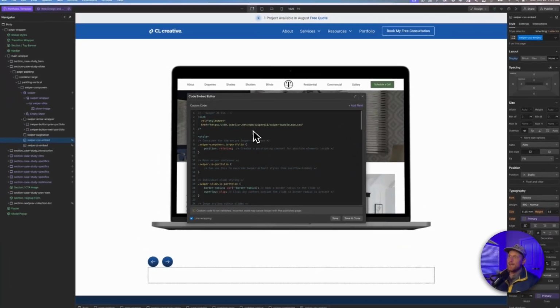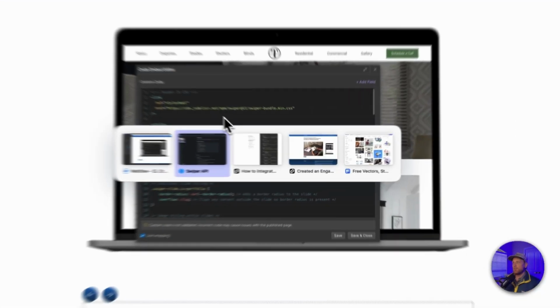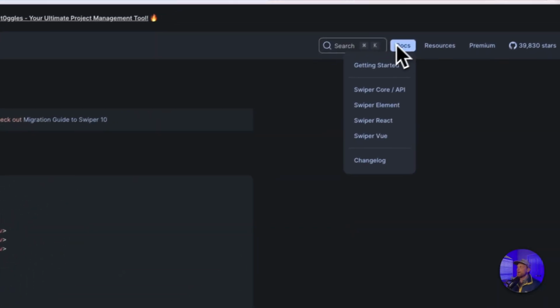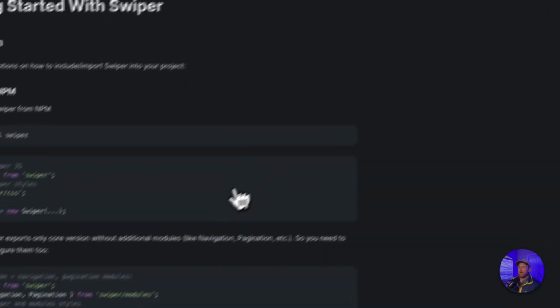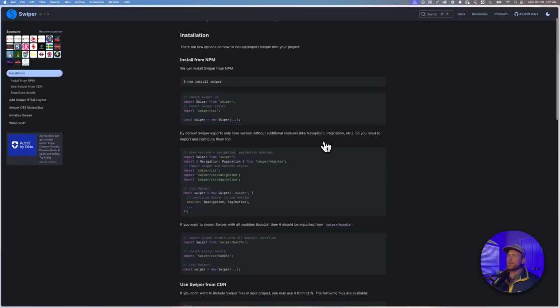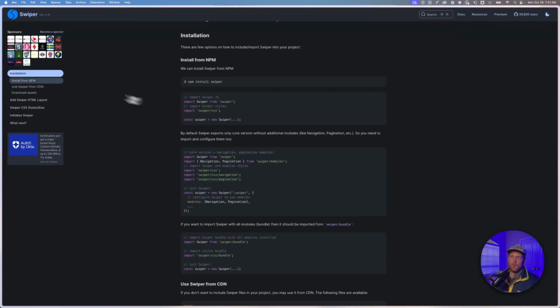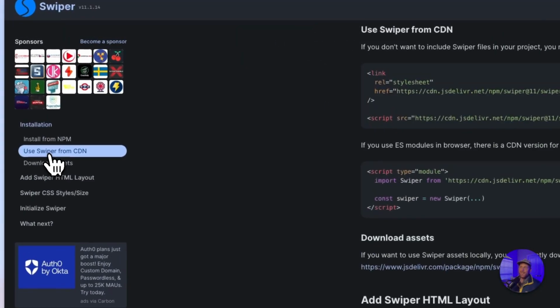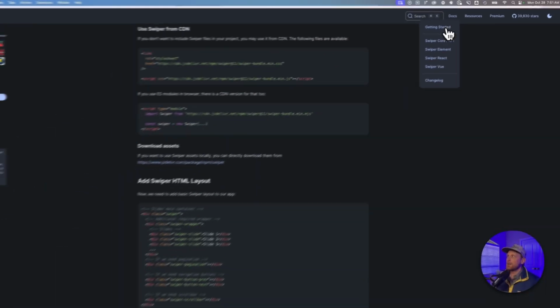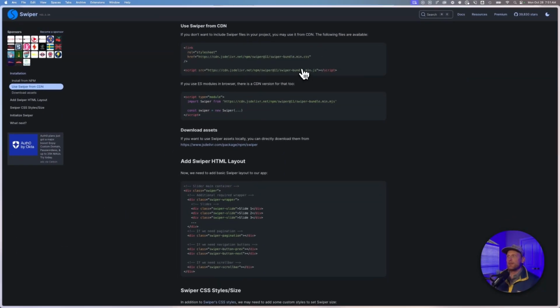So the first thing that we need to make sure that we do is head back over here to Swiper, and we're going to go to Get Started. Now we're going to use the CDN link in order to get started. So this use Swiper CDN. So you're going to go to Docs, Get Started, and you're going to grab this link. You're going to want to grab this one right here,